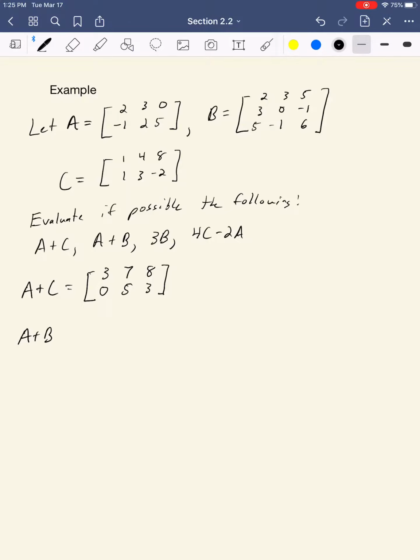A plus B, well, is that well defined? Well, A, again, is that 2 by 3 matrix, and B is that 3 by 3 matrix. Those are not the same size, so this is not defined. So we would not be able to calculate A plus B because it's not a well-defined operation. All right, what about 3B? Well, 3B is just taking the scalar 3 and multiplying it onto everything in matrix B. So if we do that, we should get something like 6, 9, 15, 9, 0, negative 3, 15, negative 3,